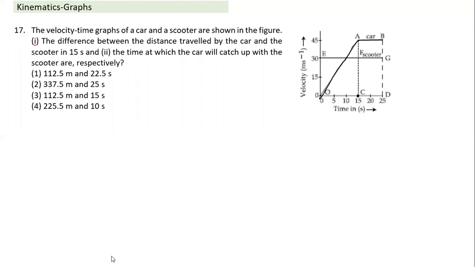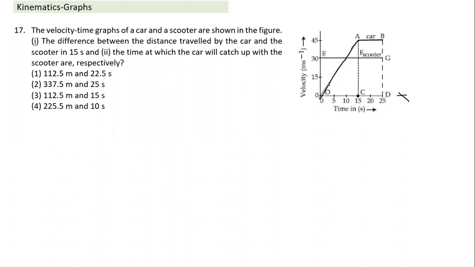When we notice something, I ask this question to understand which point is understood and which is not understood. See, is the direction changing? This is straight line motion, so whenever I plot like this, it is 1D motion. And nowhere do I see it crossing. Only when it crosses the x-axis is the direction of motion changing. In this case, direction of motion is not changing. Hence, the distance traveled and displacement are equal.